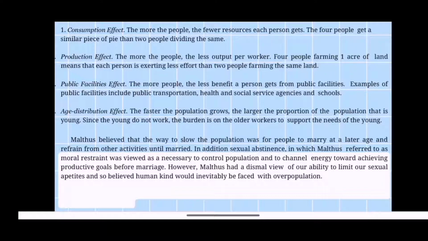Aside from the poor effects, Malthus also believed na ang isa sa mga paraan upang maiwasan ang mabilis na pagtaas ng populasyon ay ang pag-aasawa sa mga late na taon. For example, you are going to marriage at the age of 30, financially stable, wherein you can sustain the daily needs of your family. And another thing is to refrain from different sexual activities that result in circumstances that may lead to a bizarre act of certain individuals. But since we humans are just like before, Malthus had a dismal view of it, and humans couldn't limit their sexual appetites. Therefore, humankind might face overpopulation in the near future.